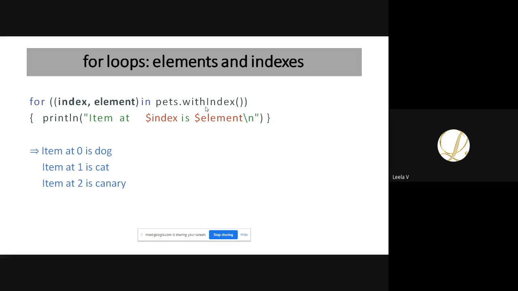In the previous example, we were just printing the elements in the array. Here you can use the withIndex concept to print the index of that element also. So I'm printing both the index as well as the element. Your output shows like this: the first data will be dog, stored at index 0, then cat and canary. So I'm just running this.